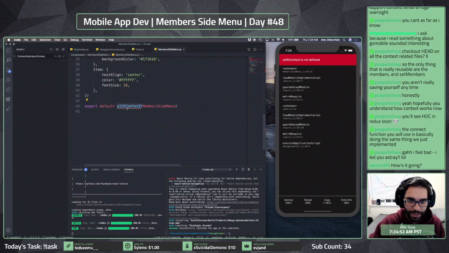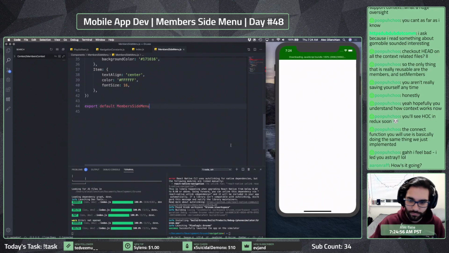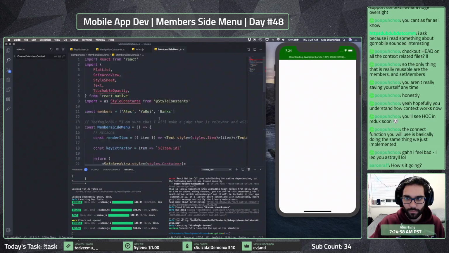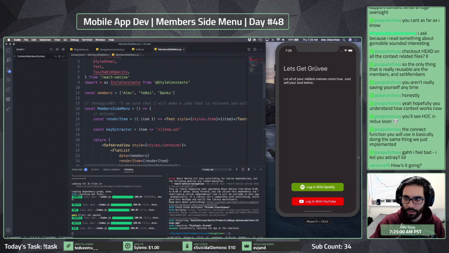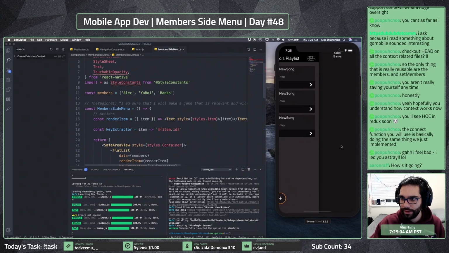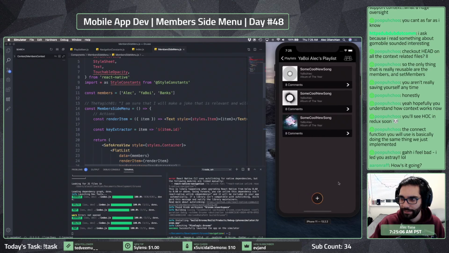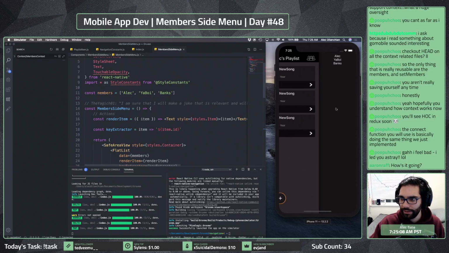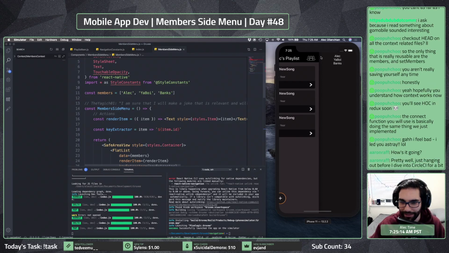With context. Gosh darn it. Get out of here. All right. So now at this point, there it is. I don't know why it does that sometimes, but yeah. The flat list doesn't abide by the safe rules.